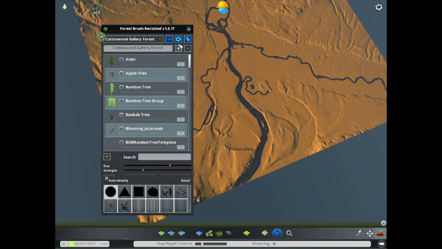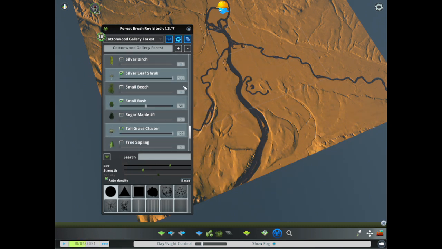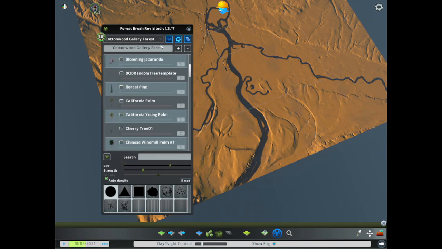And another really neat thing about the forest brush tool is that you can actually adjust the probabilities of each of the plants as they show up. So I have several different plants represented in this Cottonwood Gallery Forest